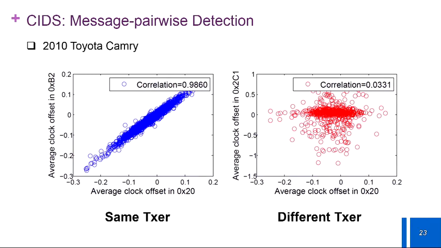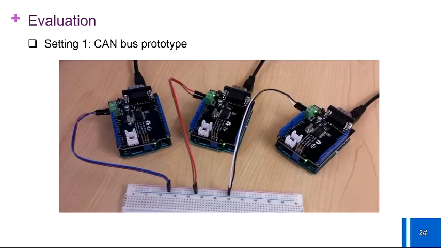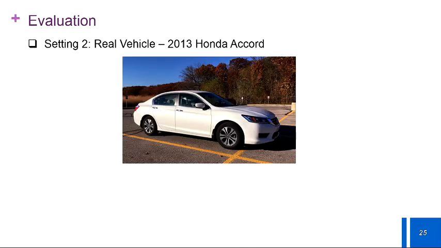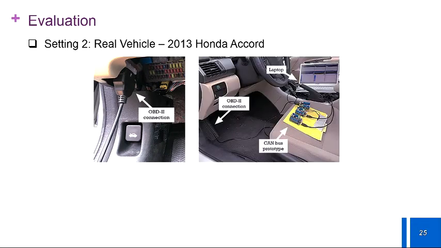To evaluate our proposed IDS system and also our fingerprinting scheme, we did that in 3 settings. First, we configured a CAN bus prototype. Each node is composed of a CAN shield and an Arduino Uno, costing just $50. We connected them to each other through a 2-wire bus. Using those nodes, we logged data from a 2013 Honda Accord, which was my car, actually. Using my node, you can connect to the OBD2 port and read off the data from the